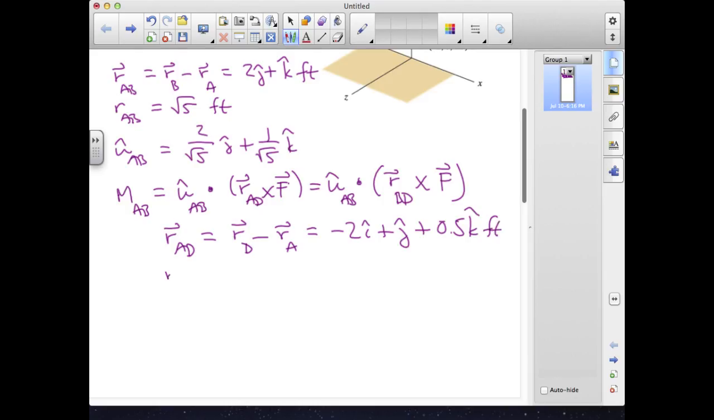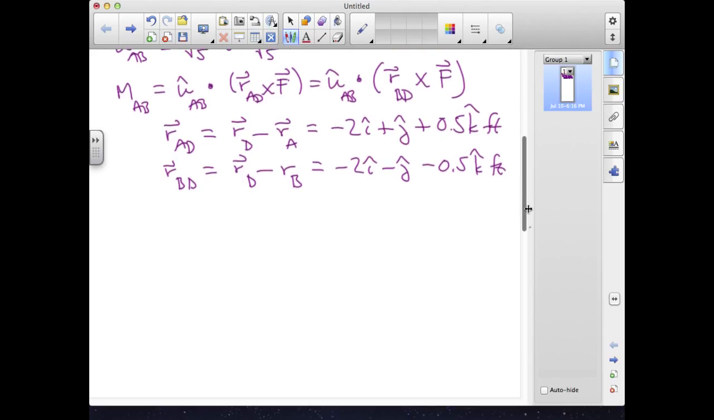And RBD has the same numerical values as our AD, but some of the signs are changed. This ends up being minus 2I minus J minus 0.5 K feet. So I will choose to evaluate this using the mixed triple product. MAB is, again, the unit vector dotted first into RAD cross F,